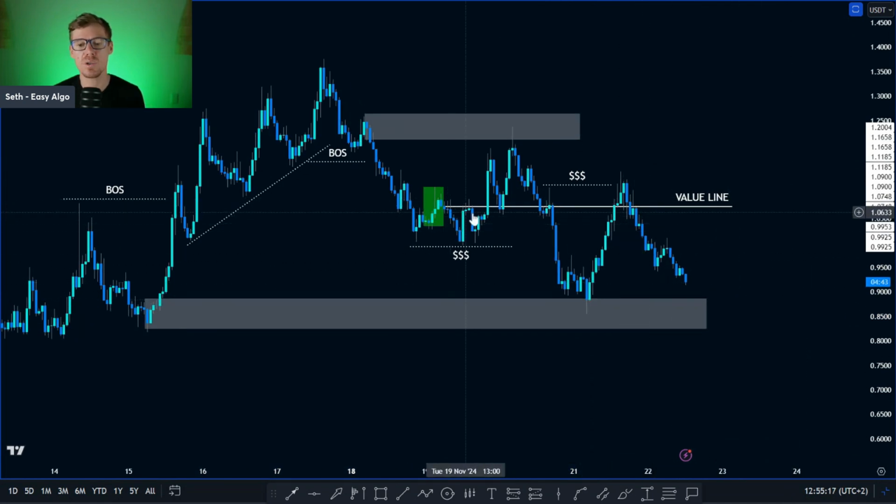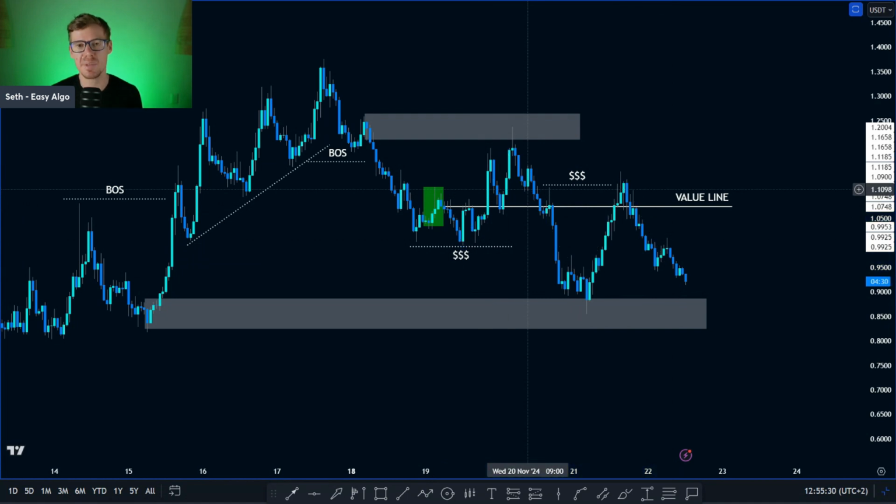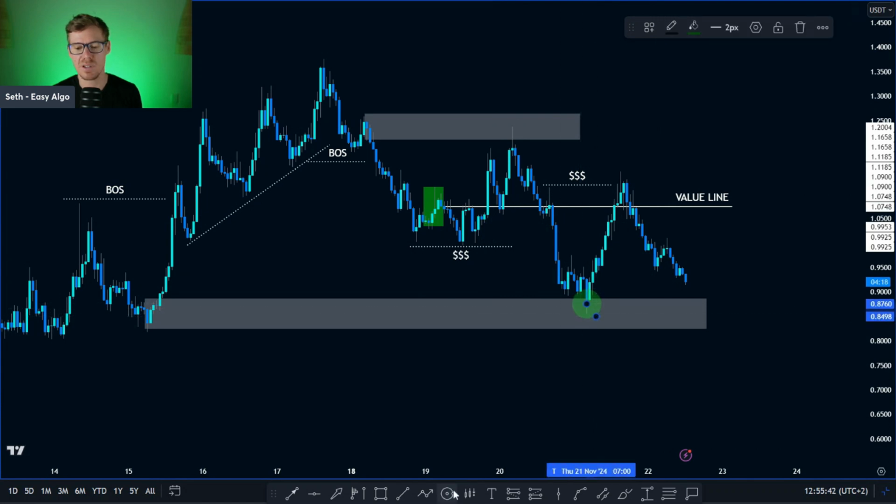Price loves to retrace back to value multiple times. If you can see in this example, below value, above value, below value, above value, below value. So we've gotten multiple interactions with the value line. So this becomes a significant magnetic level where price likes to come back to. And we anticipate that. So you can see we would have entered exactly as price tapped into this zone, took